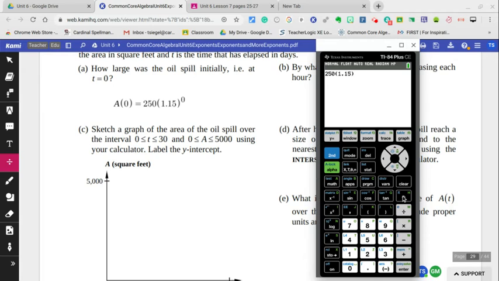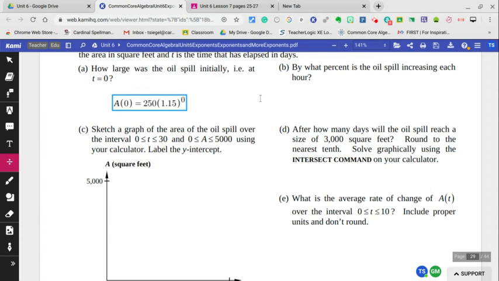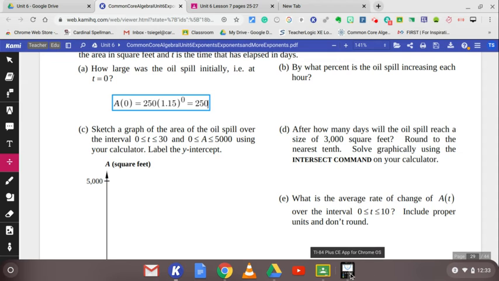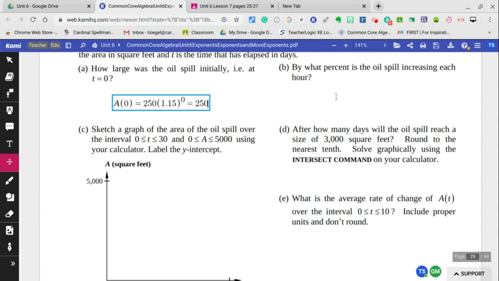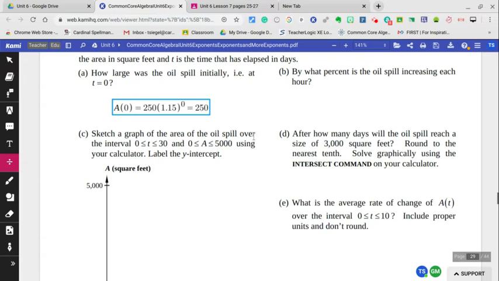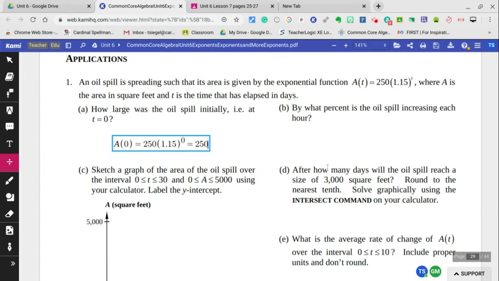And then we're going to raise this to the 0 power. And we could have done this one in our head. So that's equal to 250. It'll be cool because you'll have everything within your environment, right? So I come down here and I have my calculator down here. I'm working on this. By what percent